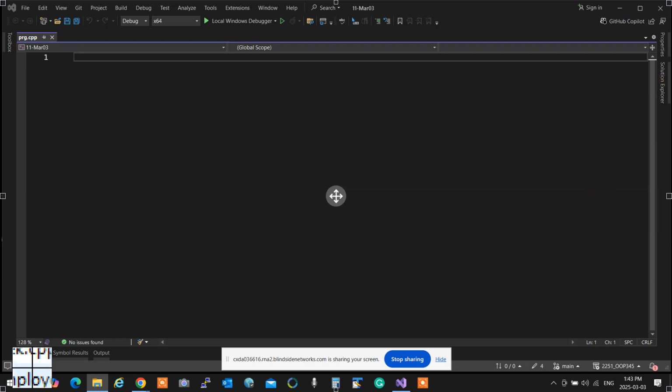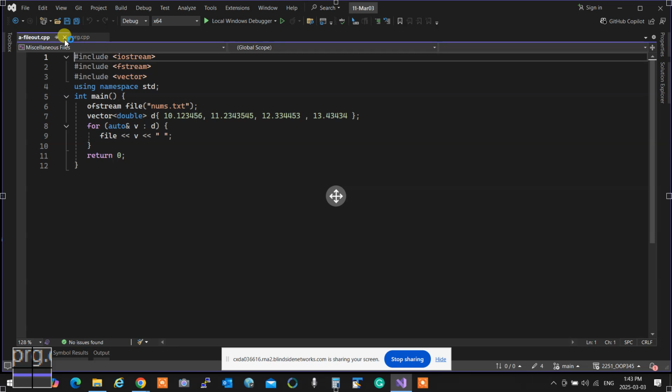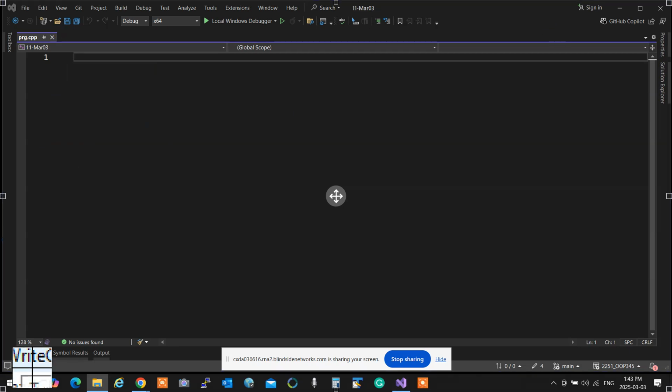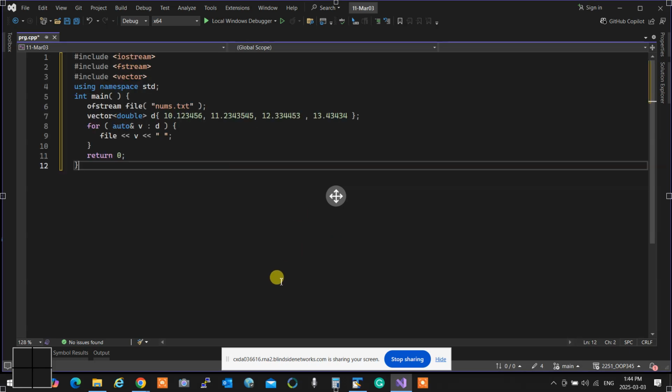So let's talk about files. I'll start with what we actually deal with when we are dealing in OOP345, and then we're going to dig a little deeper. Let me prepare these things. Okay. Perfect. First thing first, writing in a file. We know how we write in files, and we learned it in